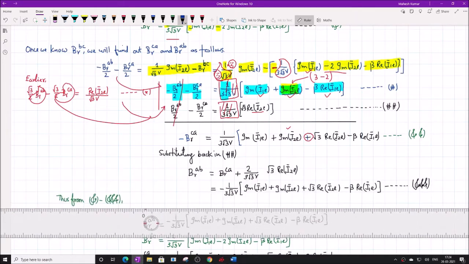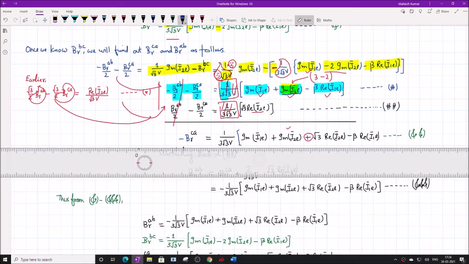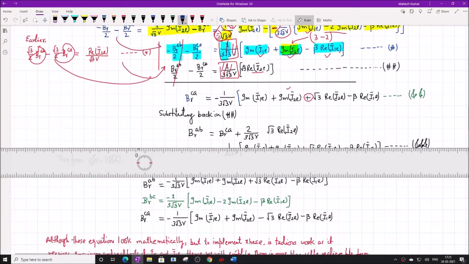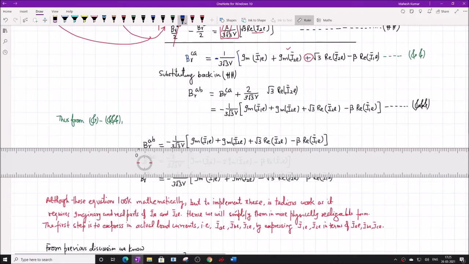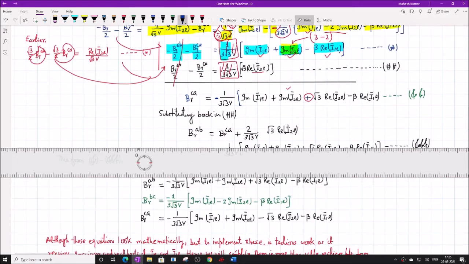So I believe there is something, B gamma Ca. So B gamma, yeah, correct, fine. This is plus sign. Alright, therefore B gamma will be nothing but minus sign removed from here and put here. Okay, am I correct? So this is the expression for B gamma Ca. Minus will come here then. And now substitute this back into the previous equation, we will get B gamma AB. So B gamma AB is B gamma Ca plus 2 by root 3, and root 3 real of I2L. This is directly from any of the equations. We can use this equation actually from this.